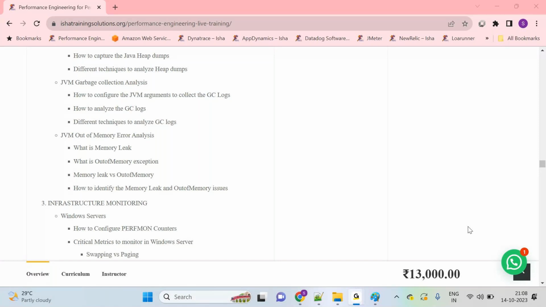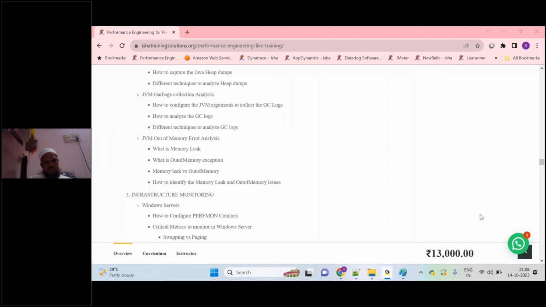And one more important thing, we are going to learn about all these things in a practical way. Hands-on experience we are going to get. We are going to set up the sample application on our local machine, and learn these concepts: heap dump, thread dump, garbage collection. All those things we are going to learn on our machine itself, so that you have the experience in doing it, and when you are explaining to someone, you have that detailed understanding. This is the experience that we are gathering, that you can tell to someone.